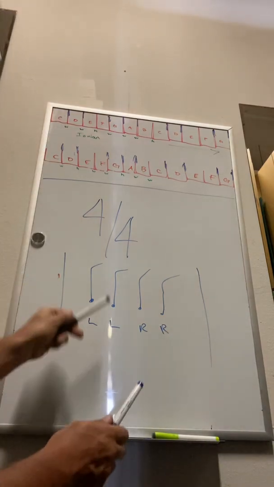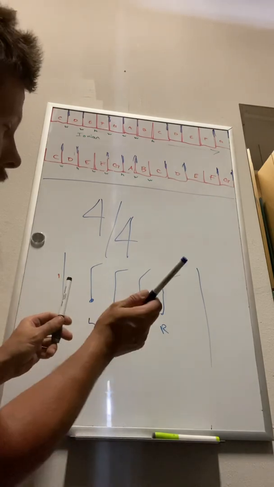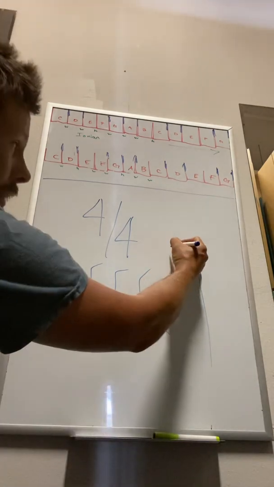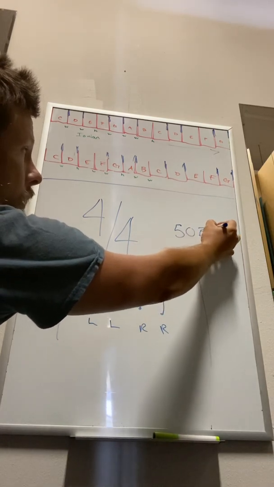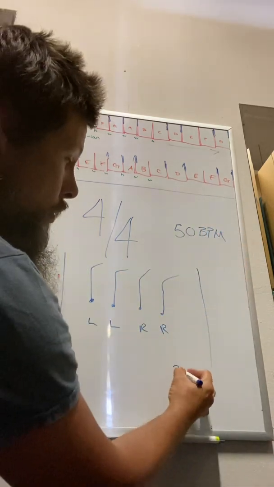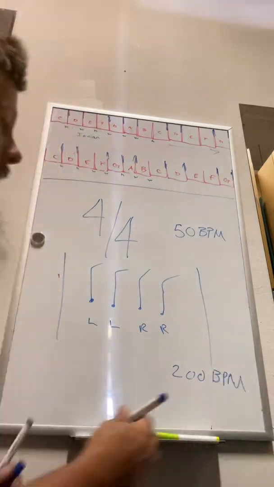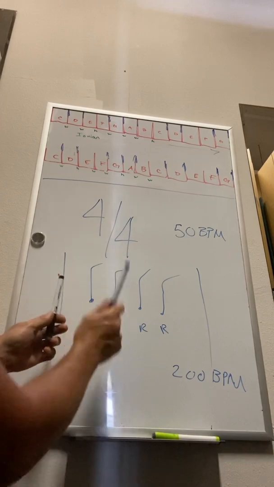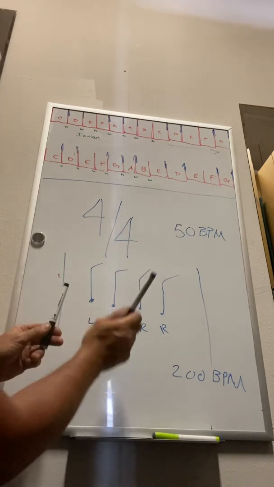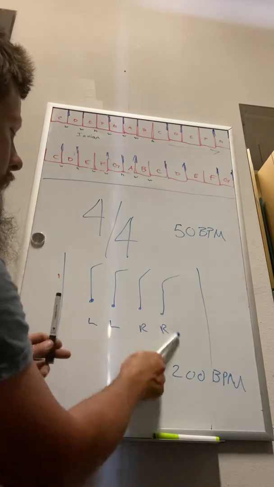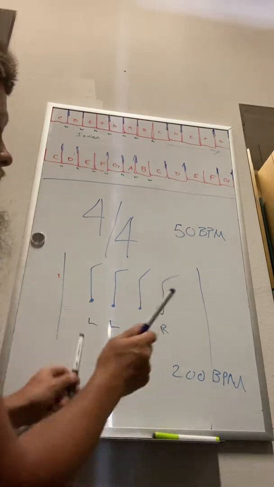And if I were to put left, left, right, right, that means you quite literally would have one hand going. You see how I did left, left, right, right. Now that's at like 50 beats per minute. If I did 200 beats per minute, do you see the difference? Left, left, right, right, left, left, right, right. See how when I speed it up,